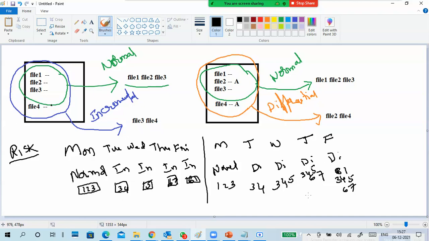Okay, so what is the advantage and disadvantage of differential backup? The disadvantage is, in your backup location the data is multiplied, meaning your backup location is filled with repeated backup data. But the advantage is restoration is very fast. When you are restoring data from an incremental backup, how to restore the data? First you have to restore the normal backup,